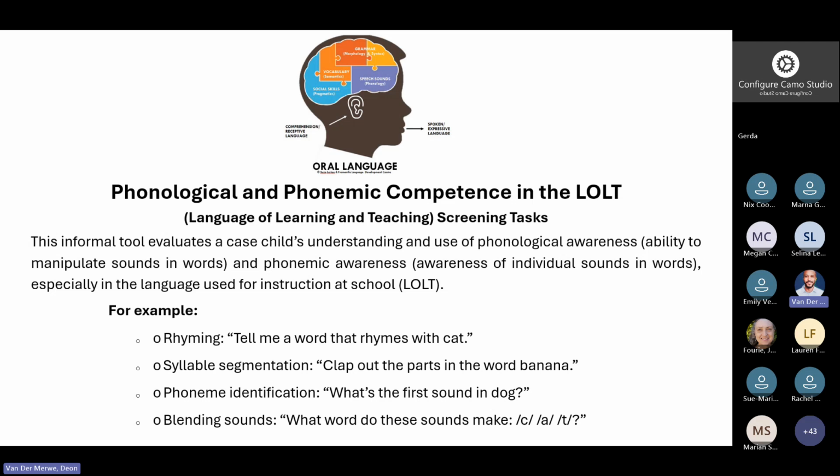And then also the phonological and phonemic competency tool that was provided to you, which evaluates a child's understanding and use of phonological awareness, how this works, and Dr. Puri also touched on it. And how this works is basically making use of rhyming, making use of syllable segmentation, phoneme identification, as well as blending sounds. Now,